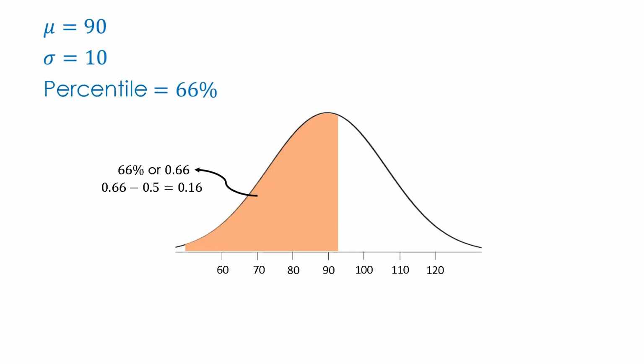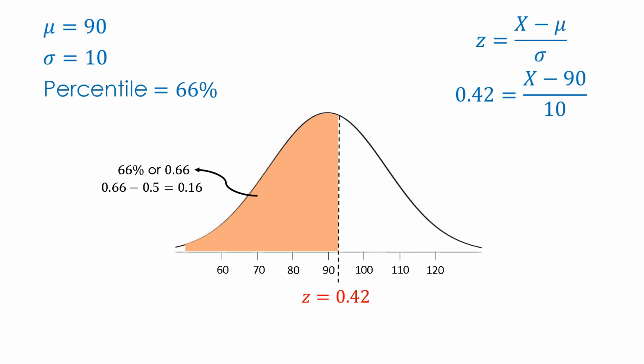We just have to figure out what value or raw score gives us a z-score of 0.42. We know that z of 0.42 means that is 0.42 standard deviations above the mean. Using the formula, we substitute all our available values, giving us a raw score x of 94.2. Thus, the maximum resting pulse rate required for students to receive additional screening is 94.2. Rounding it off to the nearest whole number, that is 94 beats per minute.